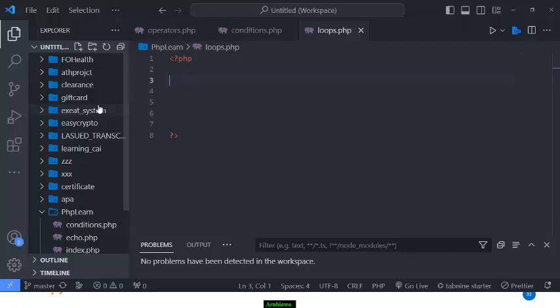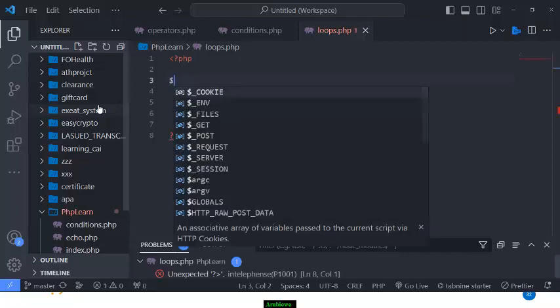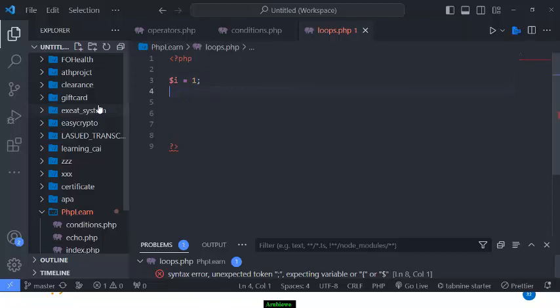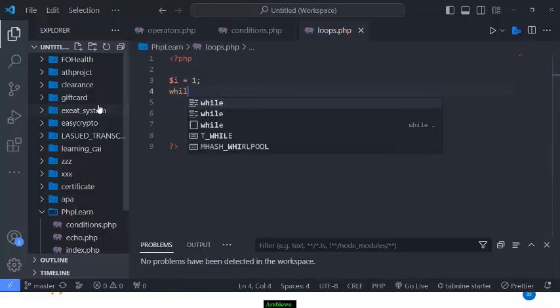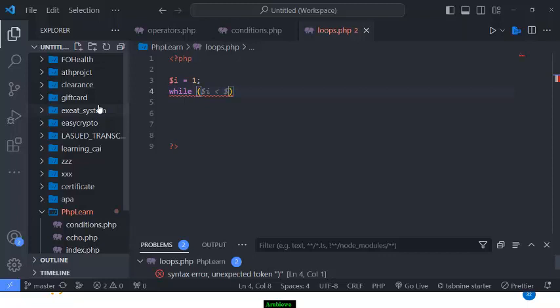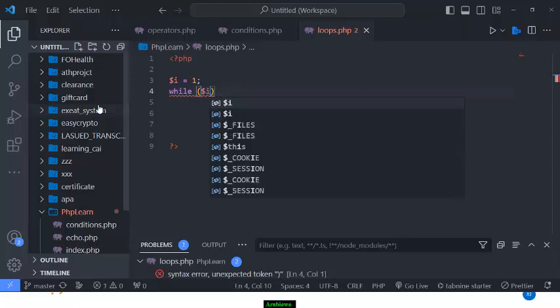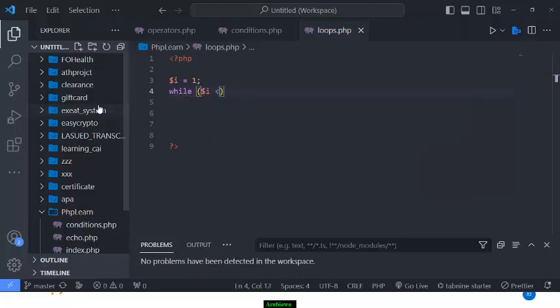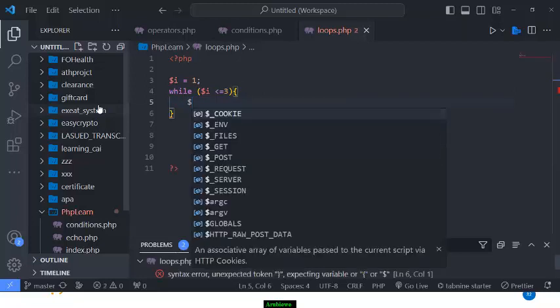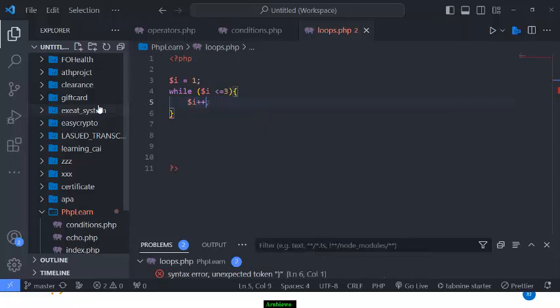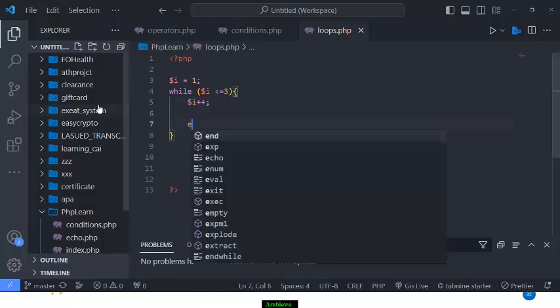So we're going to have our variable $i equals 1, while $i is less than or equal to 3. So we increment $i++. So we echo